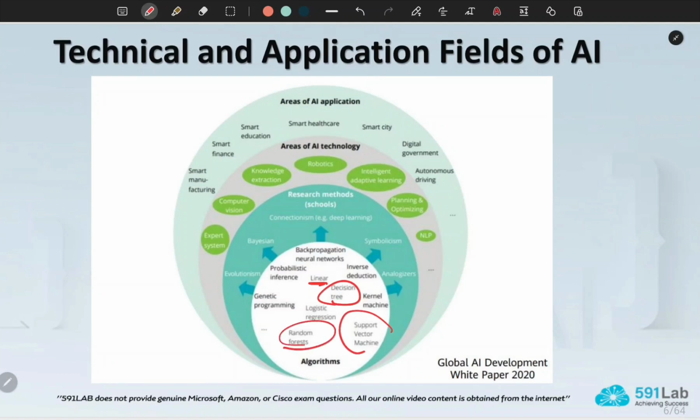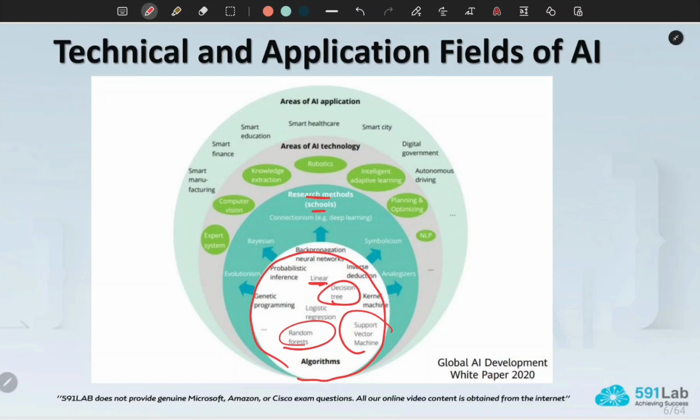These are names of some of the algorithms used in machine learning and AI. And then we move from the smaller circle into the bigger circle, which is research methods or schools. You can think of this as approaches to apply the algorithms.